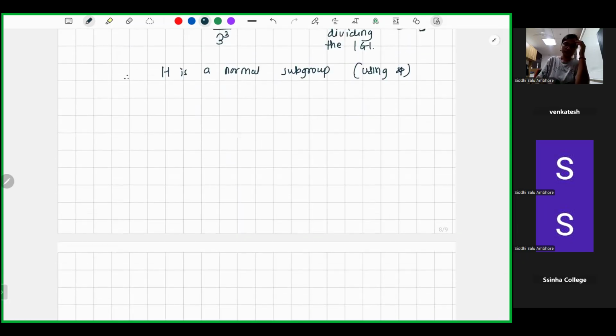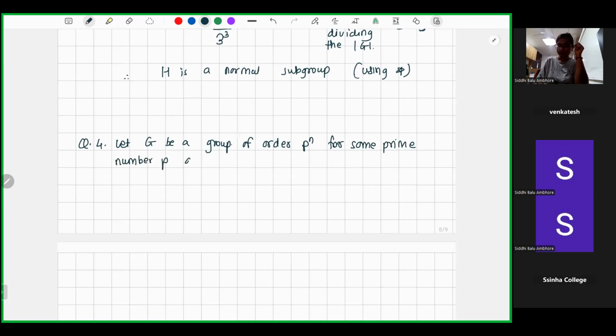Okay, so question 4. Let G be a group of order p power n for some prime number p